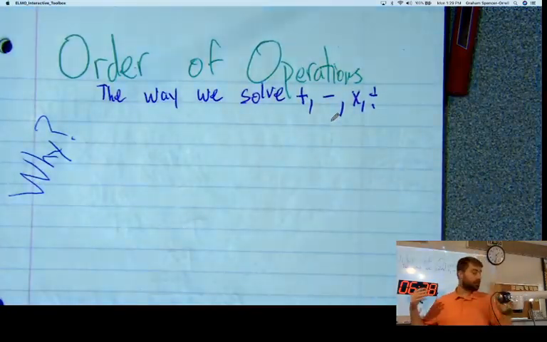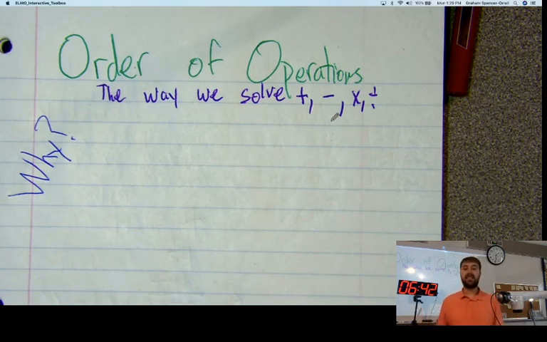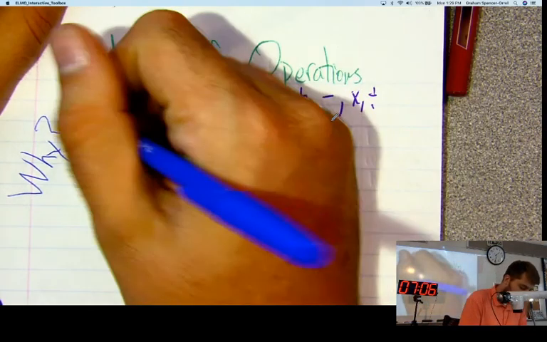Well, we need to solve expressions, which are just number sentences or problems, in the same order every time. I need to make sure that the way I'm solving them is the same way that Miss Hall is solving them, the same way Miss Deal is solving them, the same way Mr. Sawyer is solving them. I need to make sure that we are all solving these problems the same way. Otherwise, we could get different answers. We could get very different answers. And we'll see that in just a moment, but let's write that down first.